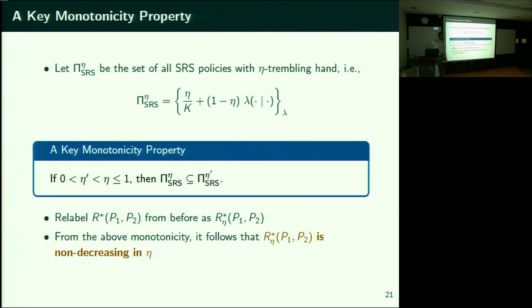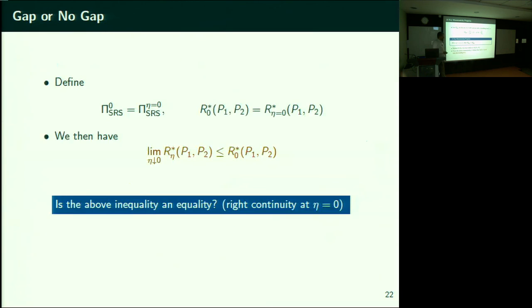0 is always a lower bound, right? For all such problems. Can you achieve 0? That's the question. Of course, the answer is no. So you can plug in eta equal to 0, but can you achieve that? So let's say you plug in eta equal to 0 and you have this quantity. Now from that monotonicity property, all we know is this holds. This R eta star just keeps growing, and it's less than or equal to R0 star. R0 star is what you obtain by plugging eta equal to 0. So you let eta go to 0, does it in a smooth way merge with R0 star is the question.